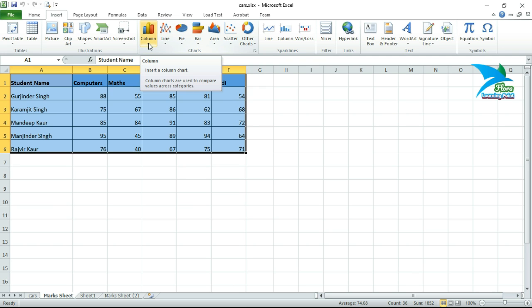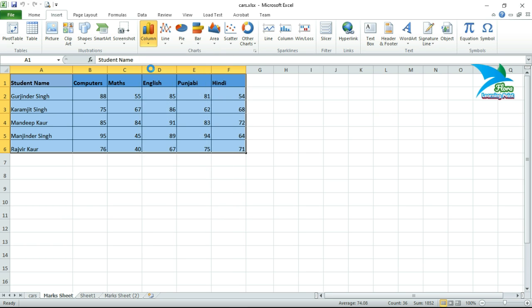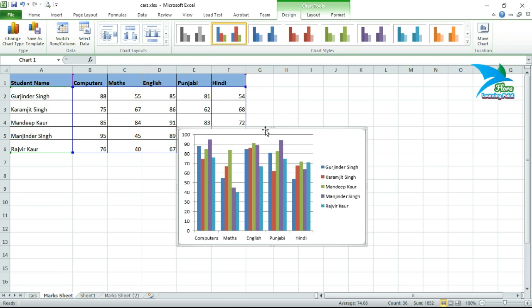After creation you can also modify the type of chart, that means you can convert the created chart into a line chart, pie chart, bar chart, area, scatter, or any other type of chart that you want. So first click Column, then these are the various types of column charts, and I'll choose this 2D column chart. You can also change it after that.